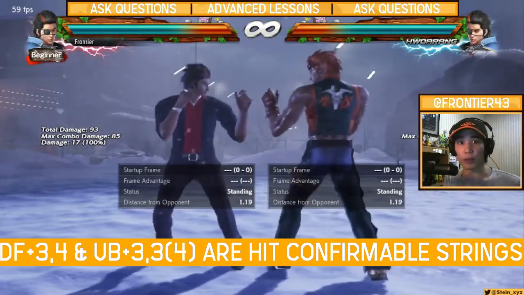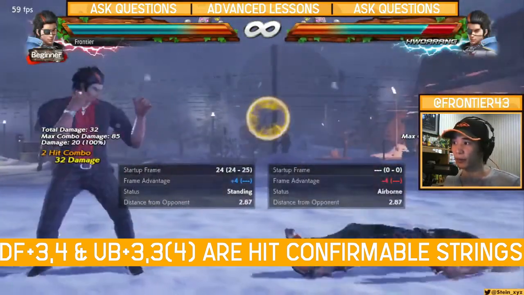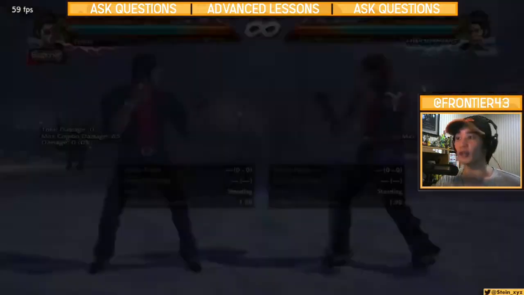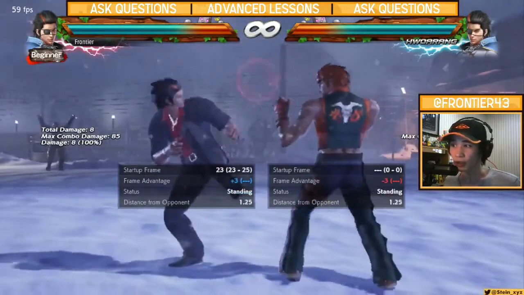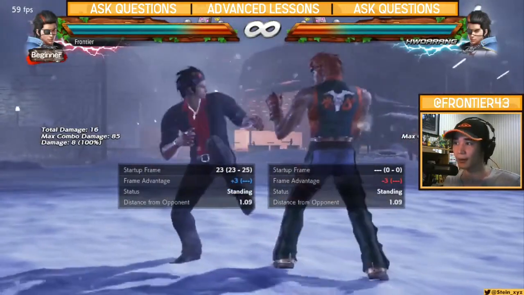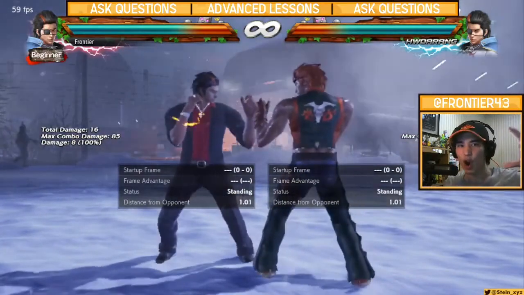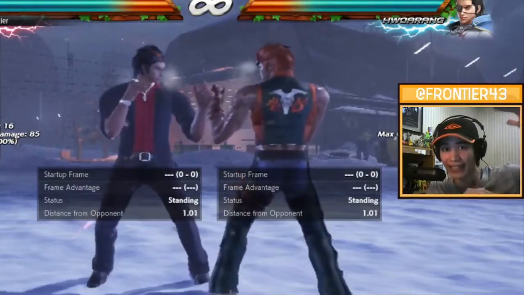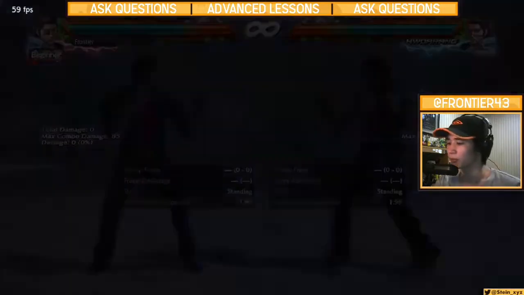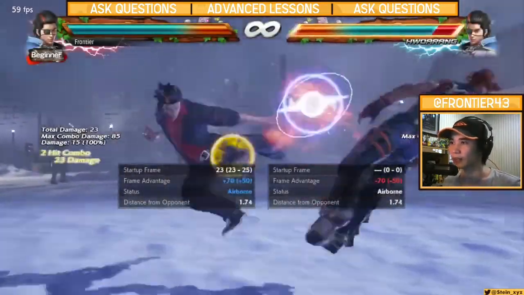It's also a hit confirmable string. One of Hwoarang's few hit confirmable strings, like DF3-4. That is completely hit confirmable. But it's just also difficult to do. But since the window on up back 3 is longer, you can hit confirm it. Now, it is super delayable, but that window for hit confirming isn't as long as that. But it is long enough. So let's say this is the window for delaying it. The window for confirming it is somewhere around here. That's pretty good. It's not a hard window to connect. So you just have to get the timing right and